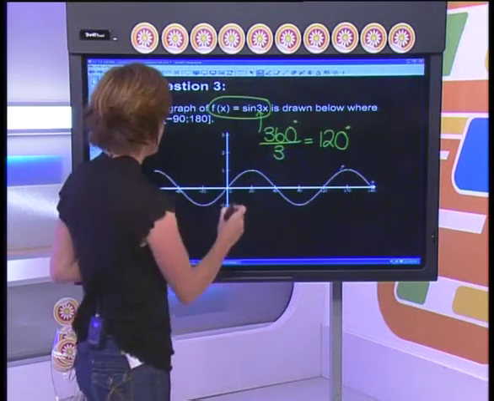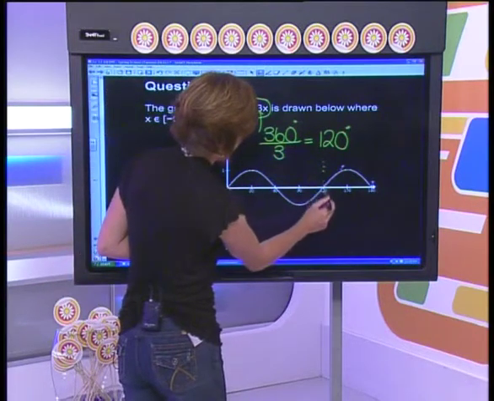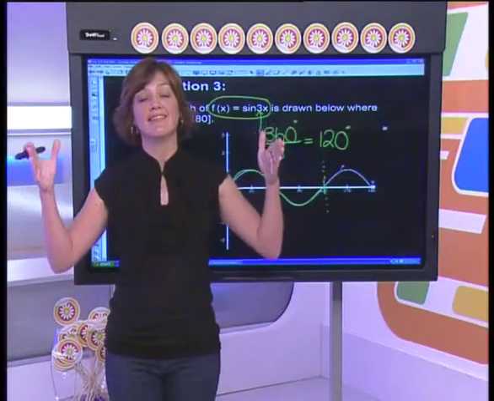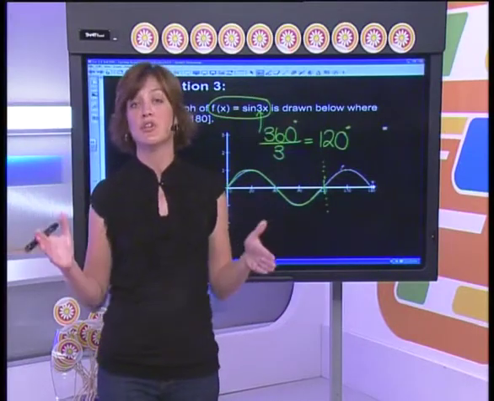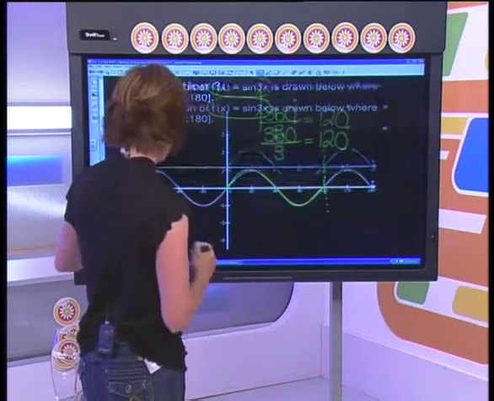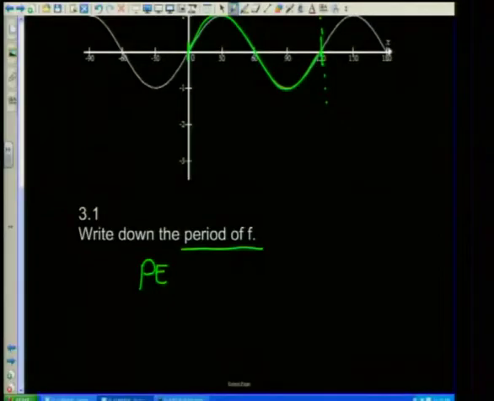If I were to quickly have a look at it, if I've got 120, which is over here, okay, this over here is 1 full repetition of your sine graph, and it went from 0 to 120. So you can see that that was your period. That's how many degrees it took to complete 1 repetition. Okay. All right, so that would be the answer to F. The period is equal to 120 degrees.